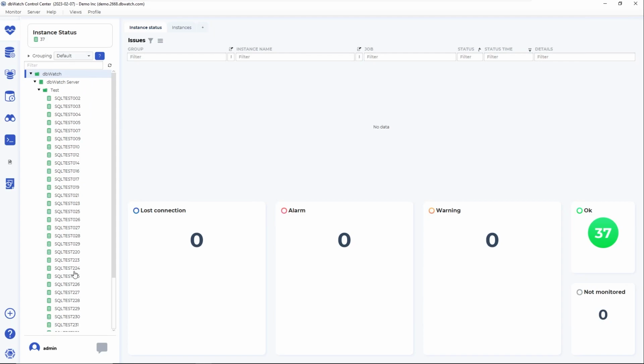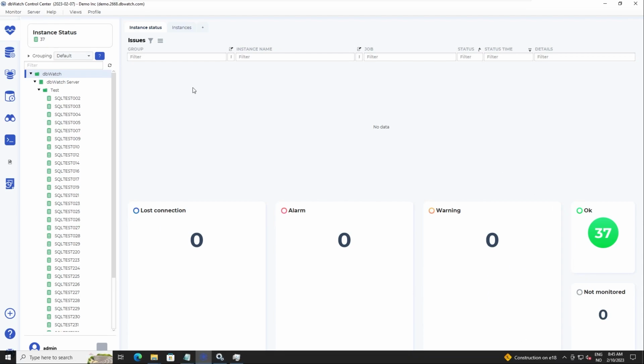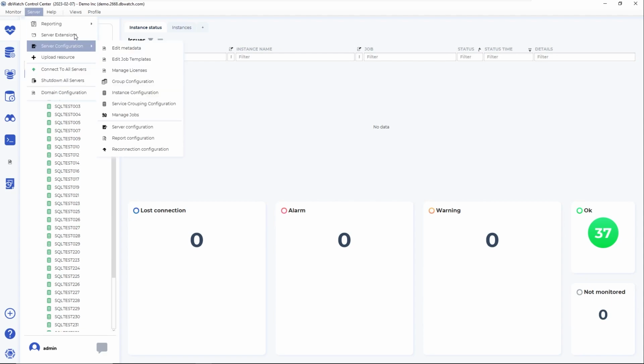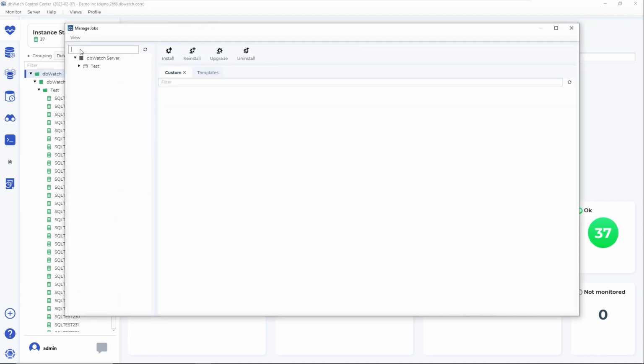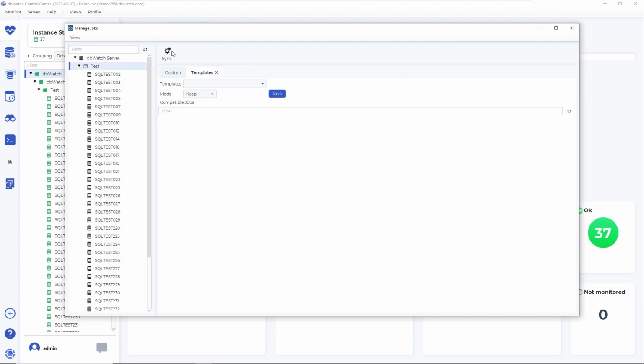So now I'm back in the system. We are okay. Everything has gone through. By default, this will trigger nightly, so you can see in the morning that the template has run correctly. But if you want to trigger the sync of the template, so synchronization between the settings in the template and the settings on the database instances, you can do that through the Manage Job interface, and you can go to Templates, and you can either click on